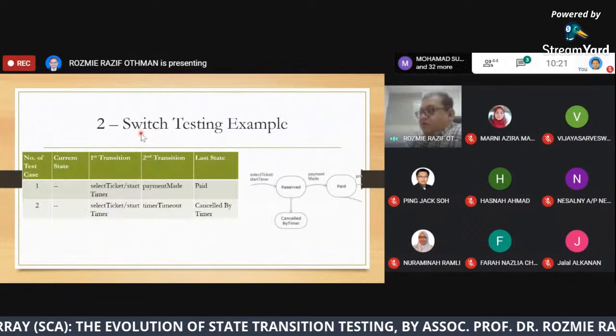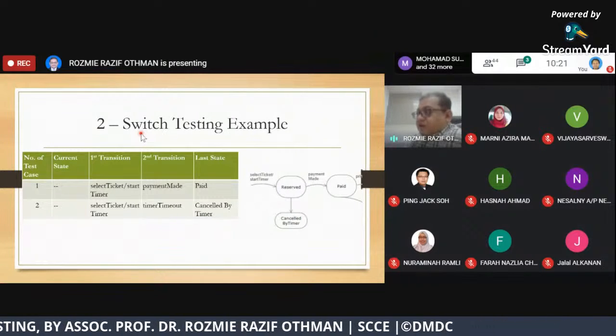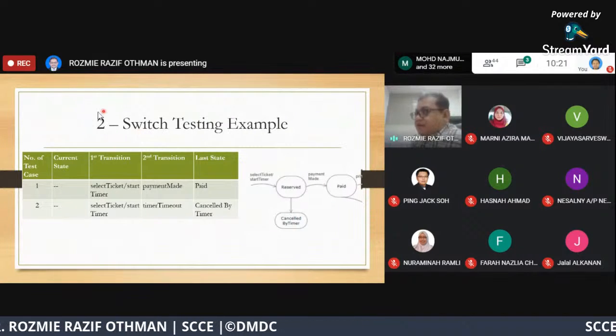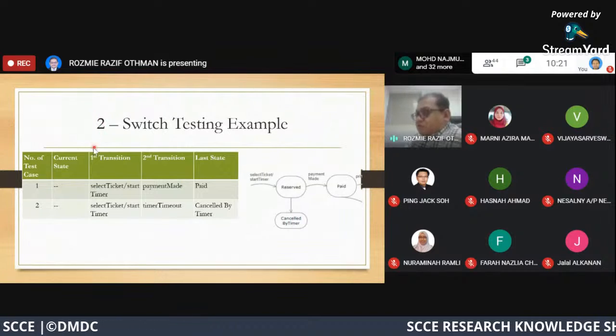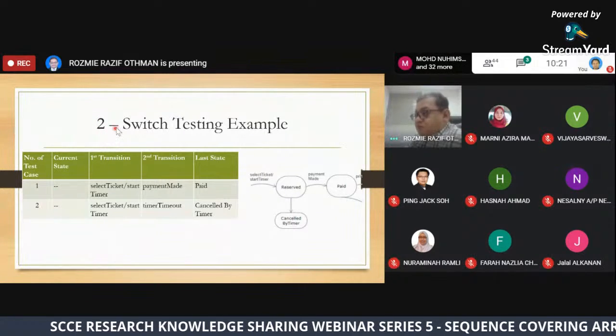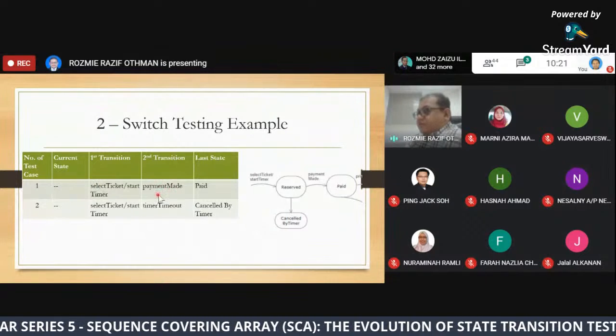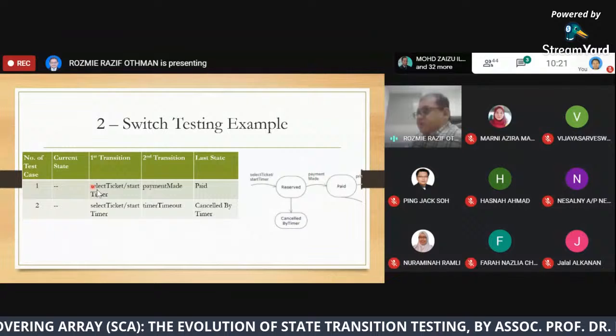Okay, so what is two switch testing? In two switch testing I specify N as 2. So two switch testing means that we will have two successive transitions tested at a time.